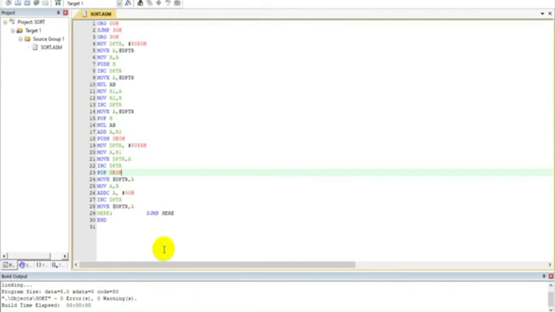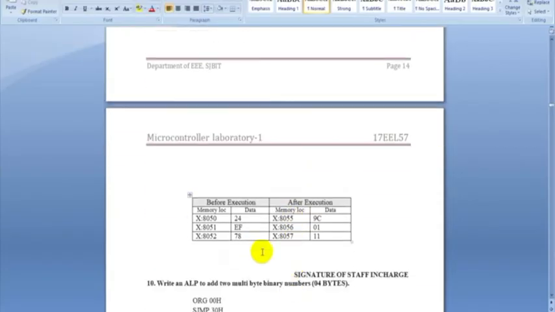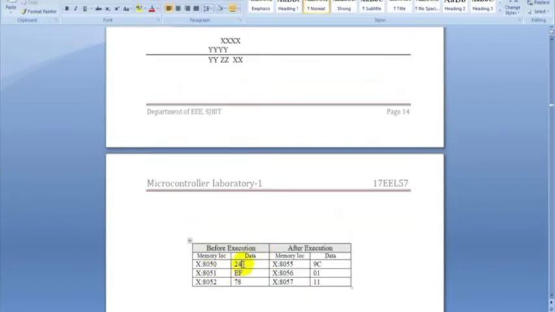Here what we'll be doing is, we'll choose one source location, that is 8050, again left to the user. Fetching that number, 24 is fetched. Seeing this table here, 8050 had 24, that is fetched to A and also copied to B. Why?